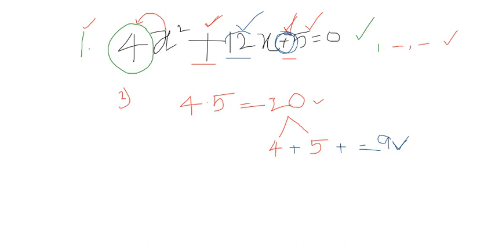I want 12. Now check again the factors of 20. Can I write 10 twos are 20? Yes. While you are multiplying these two numbers, you have to get 20. And if you add these two numbers, you get 12, and they are asking for 12 also. Is it matched or not? Yes, it is matched. Now these 10 comma 2 are the factors of the given question.